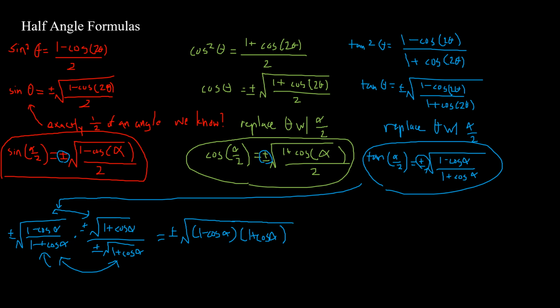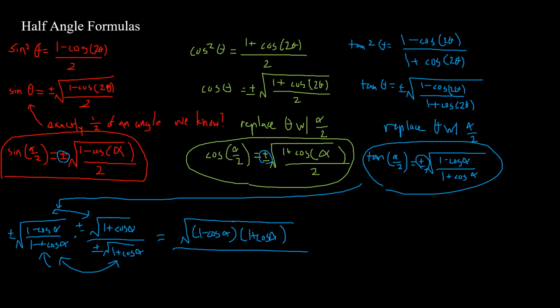Well, actually, I'm pretty sure the signs would cancel out, because if you assume positive and you multiply by positive, you're going to get a positive. And if you assume negative, multiply by negative, you're also going to get a positive radical in the end. So we're good. I think the signs are just going to cancel out, and we're just left with square root